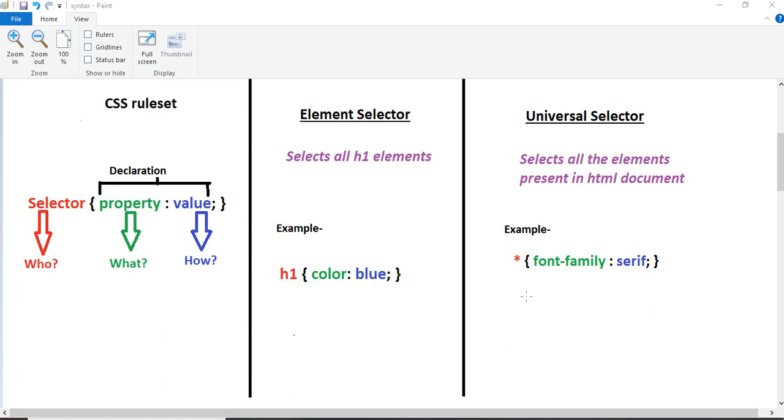First, the most basic one is the element selector. So what's an element selector? An element selector selects HTML elements based on the element name. Here you can see the example. H1 is an element selector which selects all the H1 elements and will change the color of all H1 headings